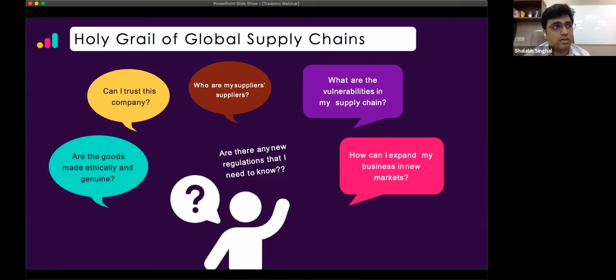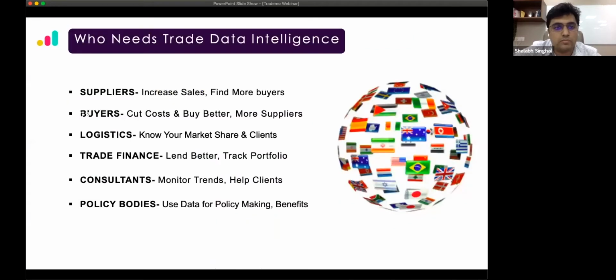Are there any new regulations that have come up which I'm not aware of, right? Because maybe I'm using a customs broker or freight forwarder, which is not that updated on all of these regulations that I have to be compliant with. So this is what this knowledge graph is aimed at, that some of the deepest questions of the supply chain can be answered very easily for the businesses to help them prosper their business without worrying too much about the risk involved in a day-to-day transaction.